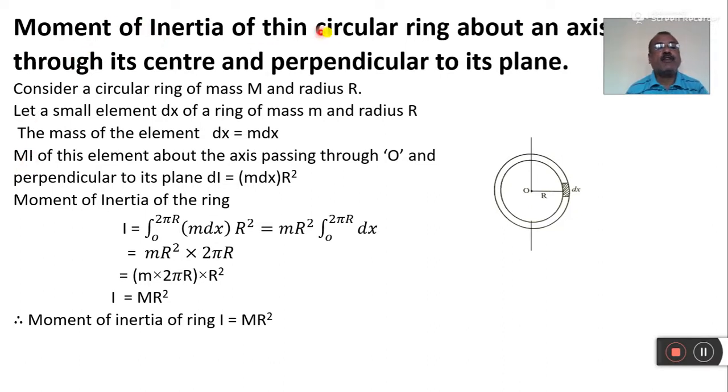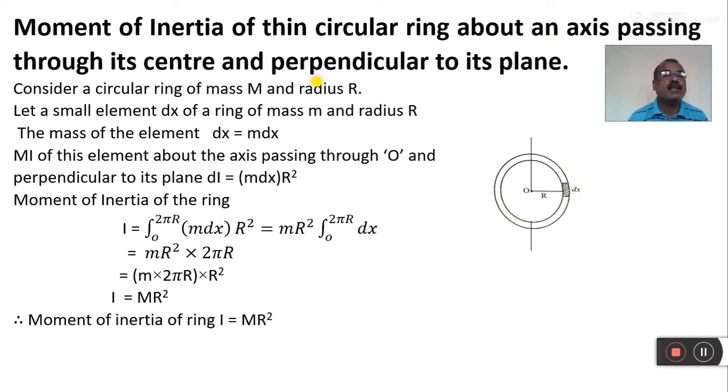Moment of inertia of a thin circular ring about an axis passing through its center and perpendicular to its plane. This is known as a circular disc. This is the axis passing through its center. R is the radius of the disc. dx is the element. The mass of the element is given by, let m be the mass of the